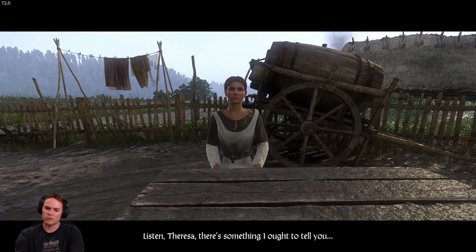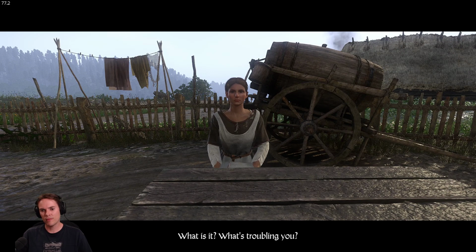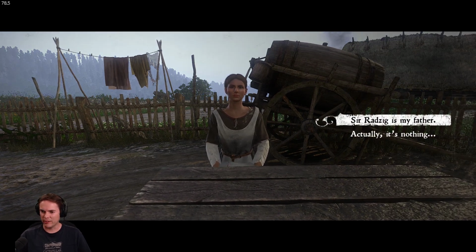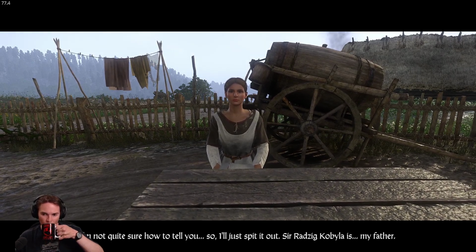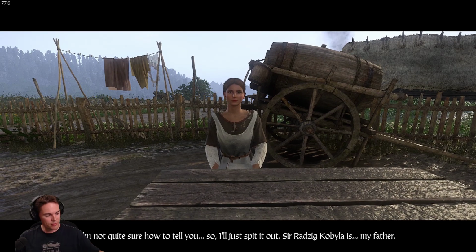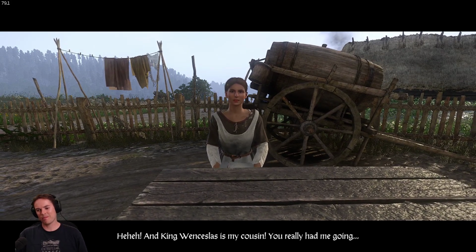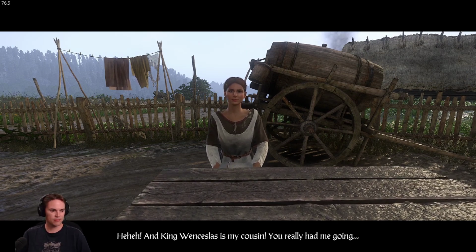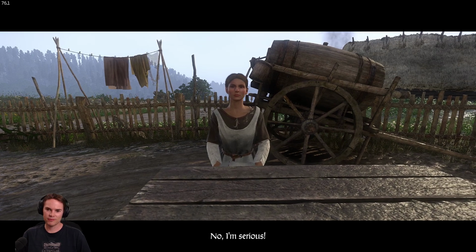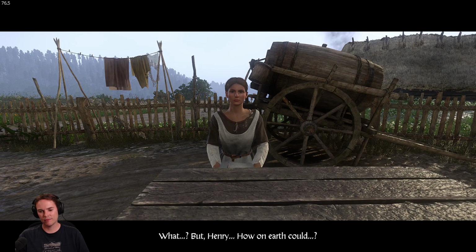Listen, Theresa, there's something I ought to tell you. What is it? What's troubling you? I've been shagging around. No? Okay. I'm not quite sure how to tell you, so I'll just spit it out. So Radzig Kobyla is my father. And King Wenceslas is my cousin. Oh, you really had me going. No, I'm serious. What? But, Henry, how on earth could...